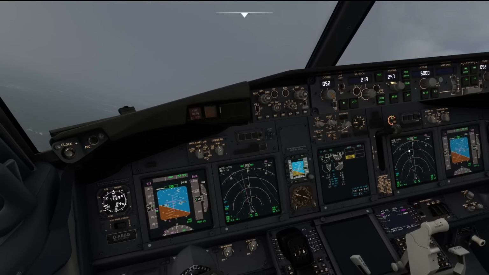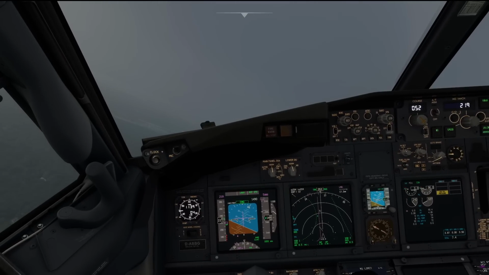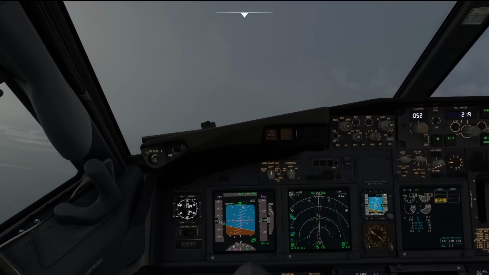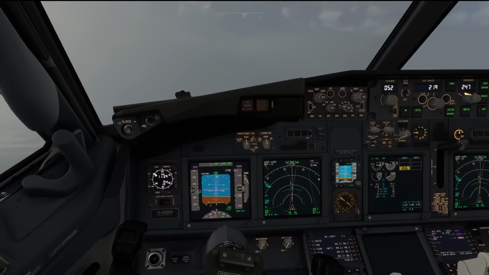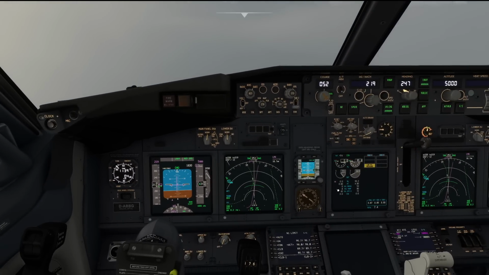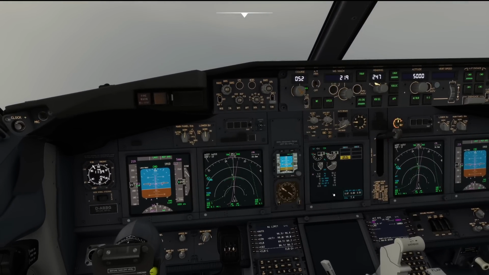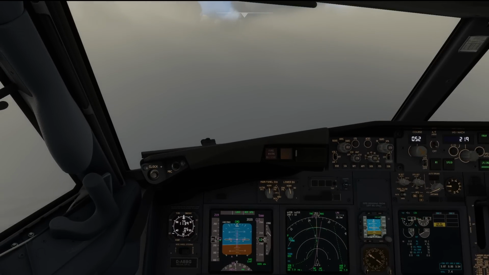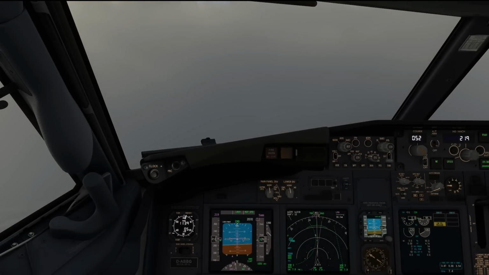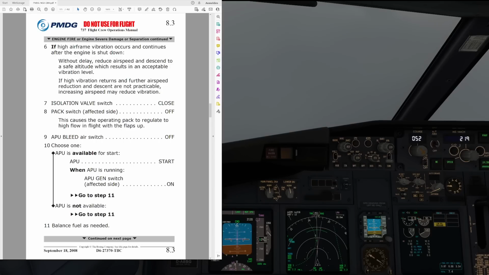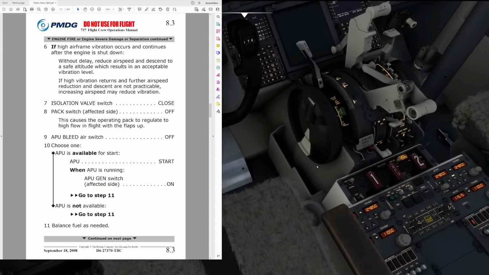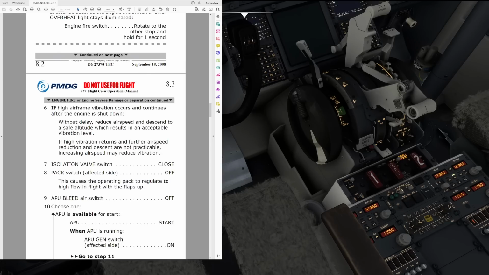Okay, and here we go. Go! Engine fire, non-normal checklist, my radios. Now we can get out the QRH and start with the engine fire non-normal checklist. I've opened it here for us already, and the first thing we can see is we are just below the